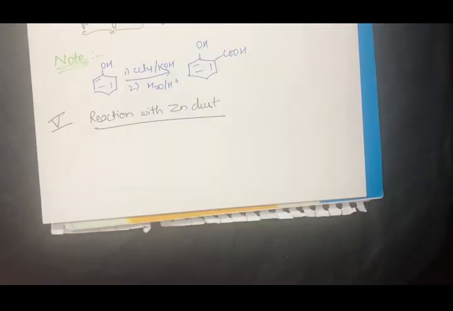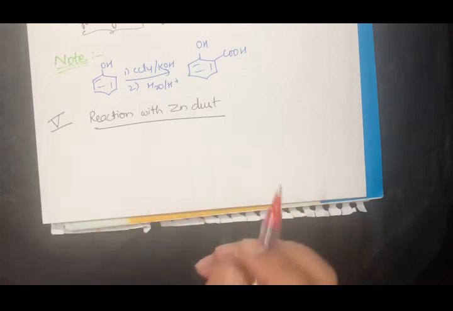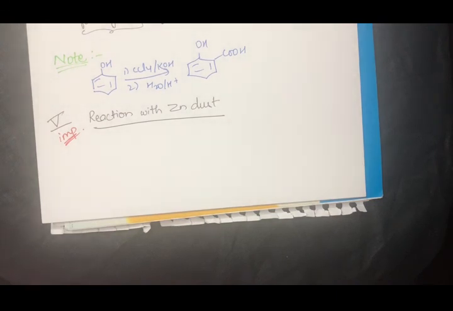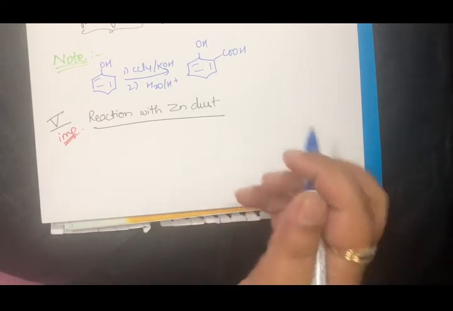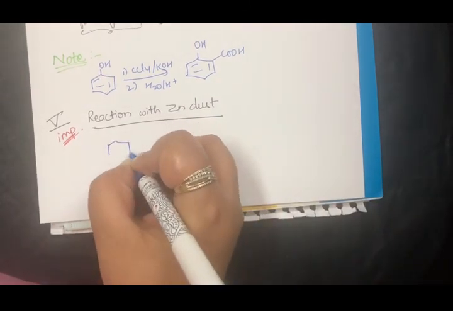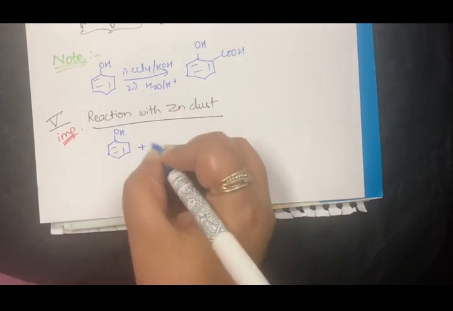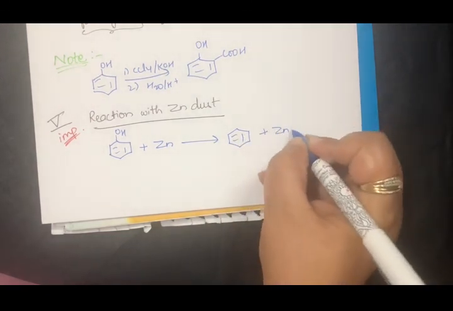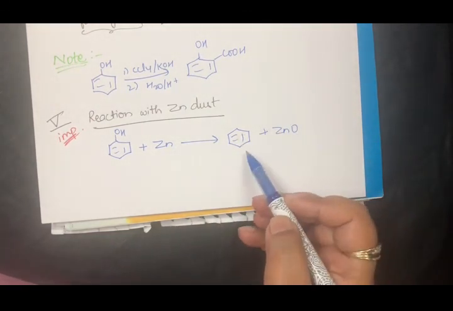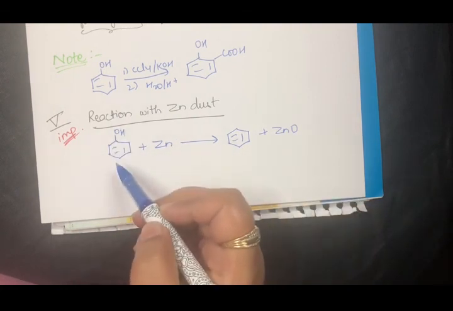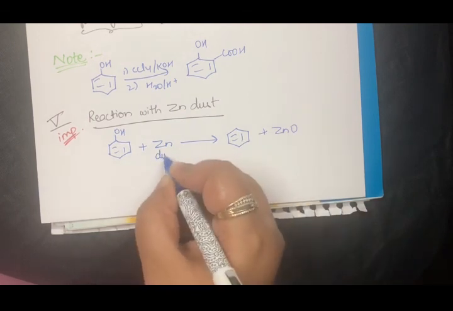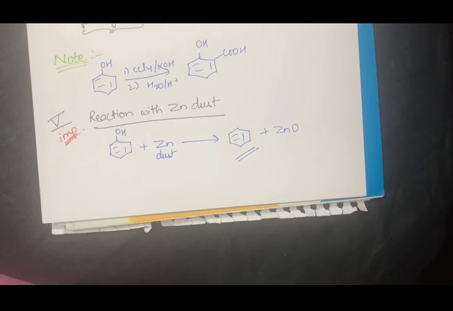And also just now let's come and talk about a very important reaction. This reaction you will use in many of the conversions, many of your find-the-product type of questions. This is a very important reaction when it comes to phenol. It is that whenever phenol is treated with zinc dust, benzene is formed along with ZnO. So whenever you want to remove the OH group from the benzene ring and you want to have a benzene ring, you can directly react your phenol with zinc dust and you will have your benzene. Please mark this reaction as very important.